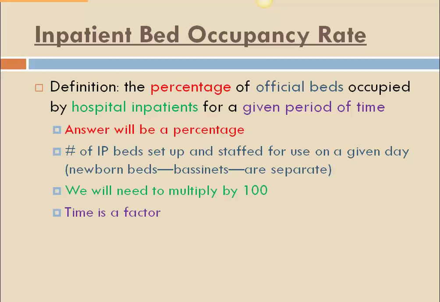Okay. What else do we know from the definition? We see that it says occupied by hospital inpatients. So if you can think back when we're calculating inpatient rates, that tells us that when we're doing our formula, we're going to need to multiply by 100 because inpatient rates are calculated at a per 100 rate. Okay, and the last thing it says is for a given period of time. So that just tells us that time is going to be a factor, and time is going to be something that we're going to need to pay attention to when we're calculating this rate. So just to repeat, the percentage of official